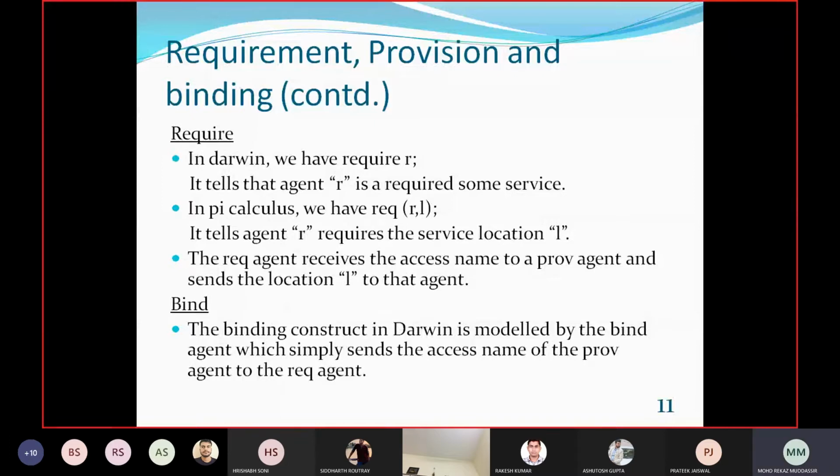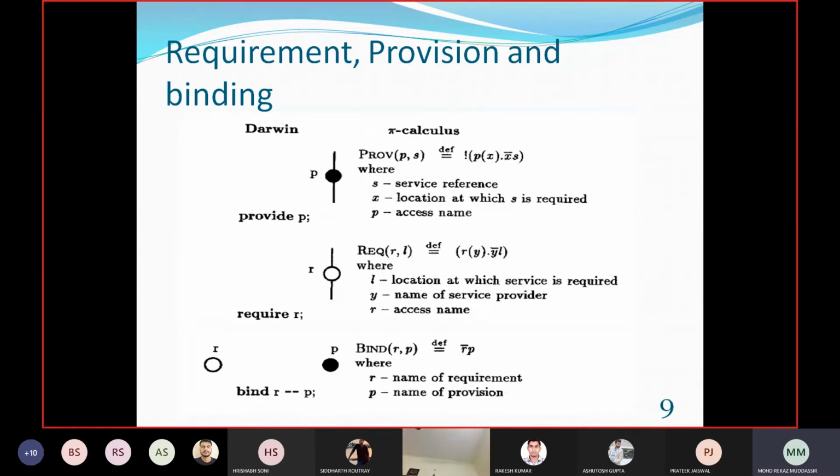The REQ agent receives the access name to a PROV agent, and sends the location L to that agent. L is the location at which the service is requested, and R is the access name.